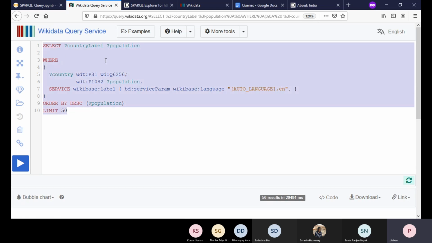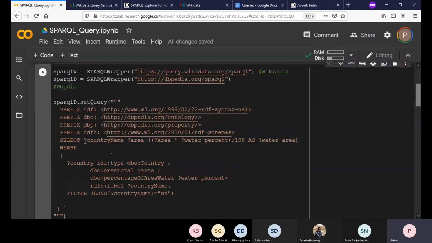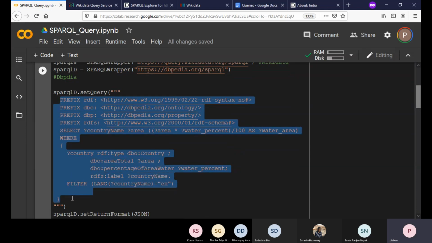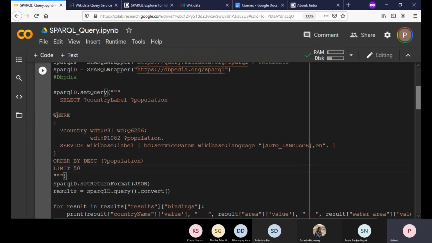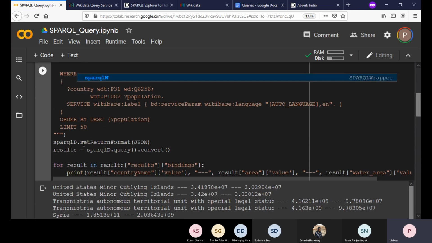Now let us try to see whether we can execute this from a Python program, right? So we have the same query copied here. Now we need to change our SPARQL endpoint, right? So I need to change our SPARQL endpoint to Wikidata. I need to change all these values.